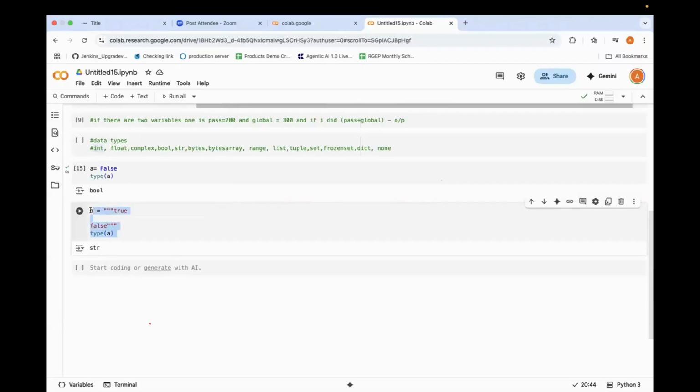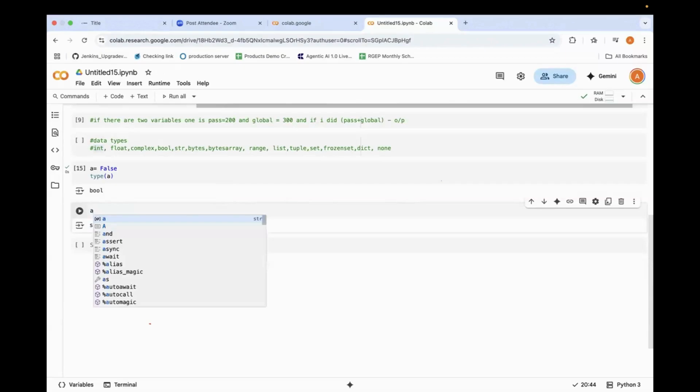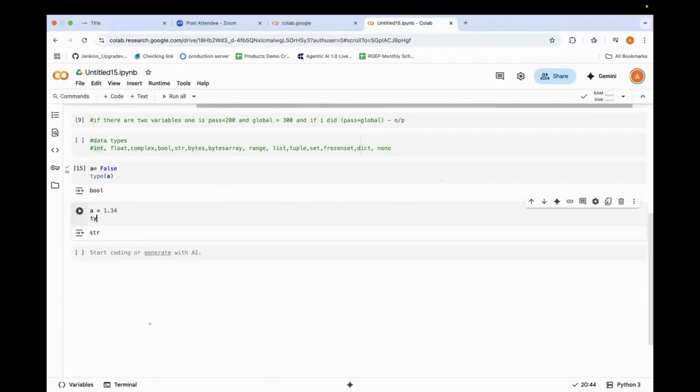Any confusion in this? Now, if I put a equals 1.34, and I check the type of a, what is the type? Float. If I put this, Boolean.